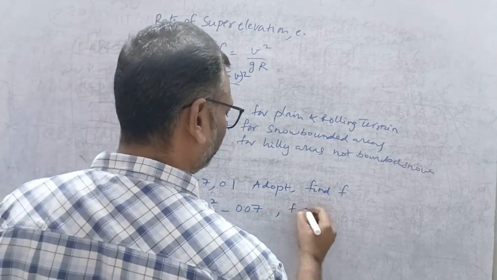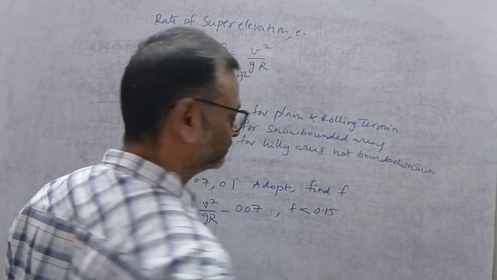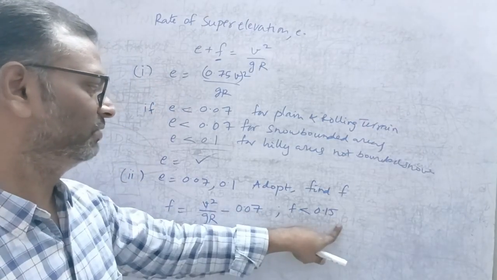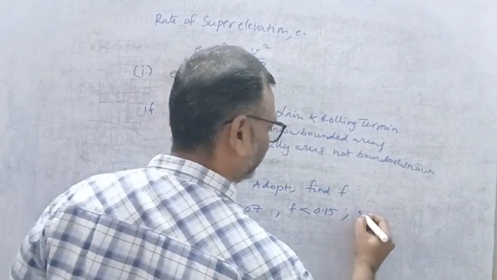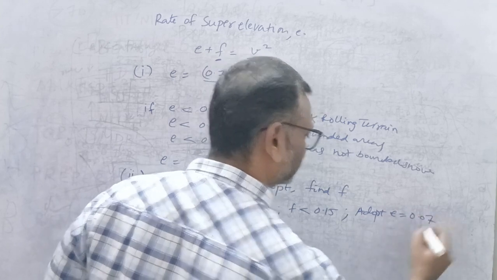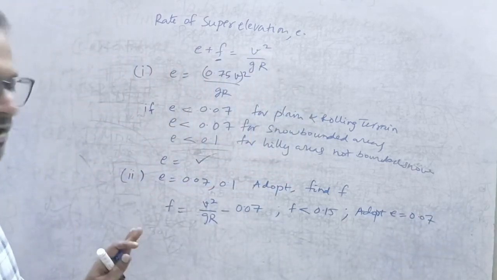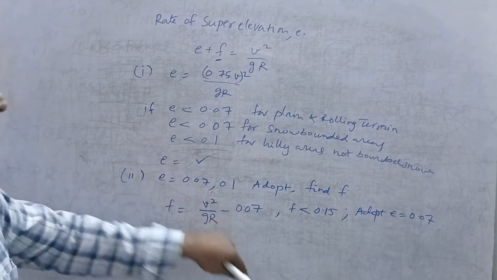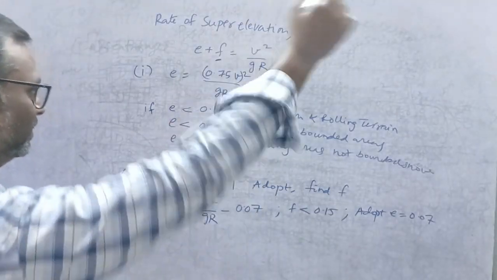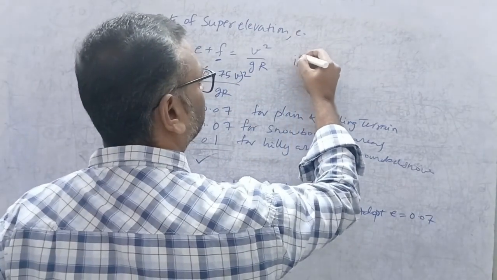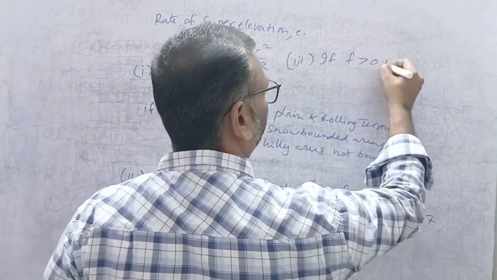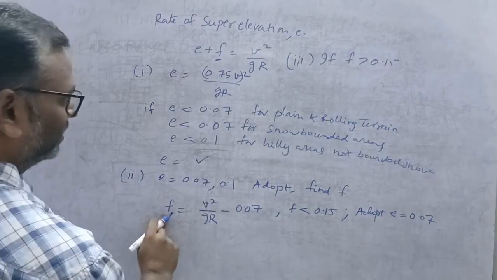If the calculated f is less than 0.15, then adopt e as 0.07. That's it. And if the found f is greater than 0.15, then what to do? So next step, if f is greater than 0.15, here we have calculated f,